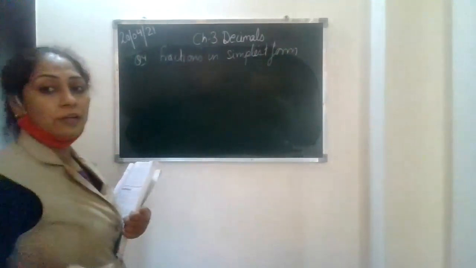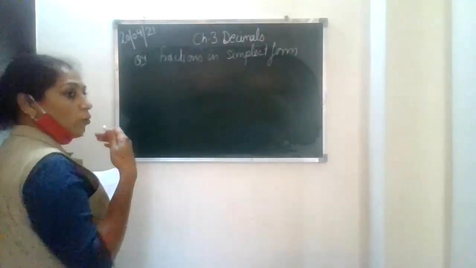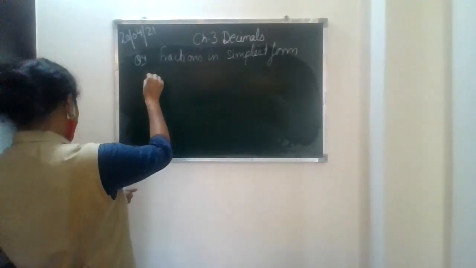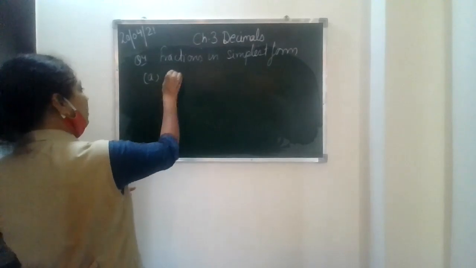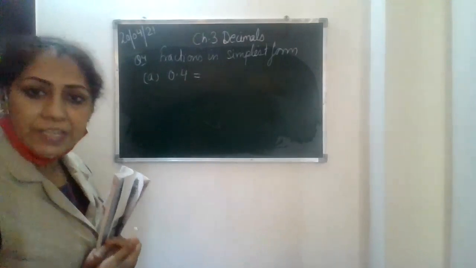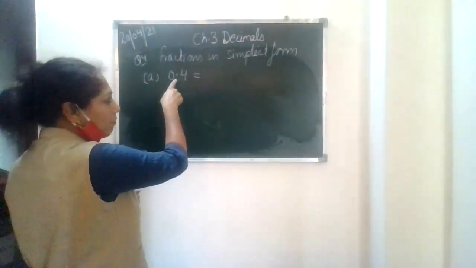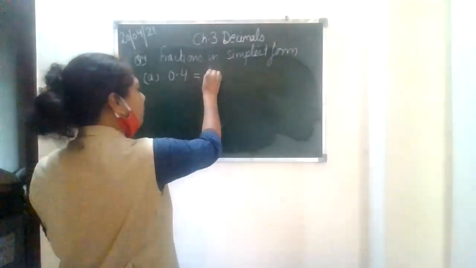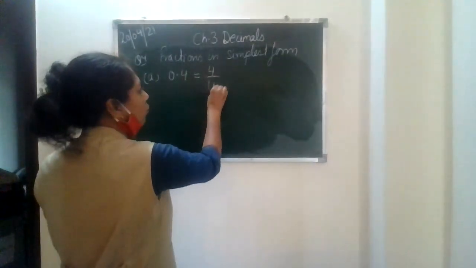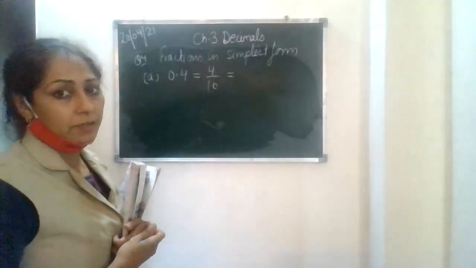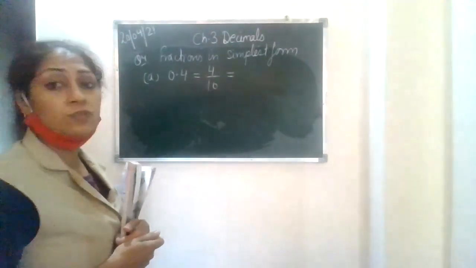Fine. Because you are now in 7th class, you have already come across all these terms. So I'm telling you. The first part is 0.4. Fine. Very easy. You will say, ma'am, before 4, before one place there is a decimal, so simply we will put 4 by 10. But the question says simplest form. Many of the students commit an error in the exam. They don't reduce it to simplest.